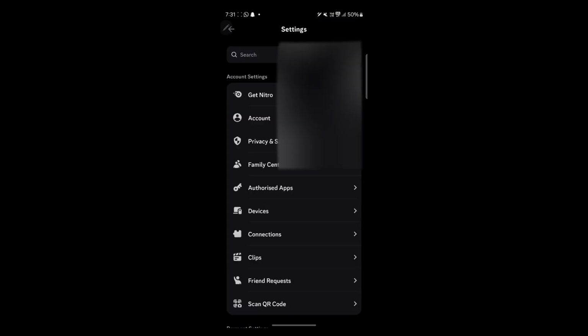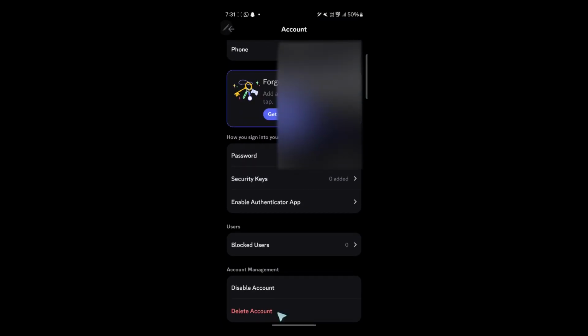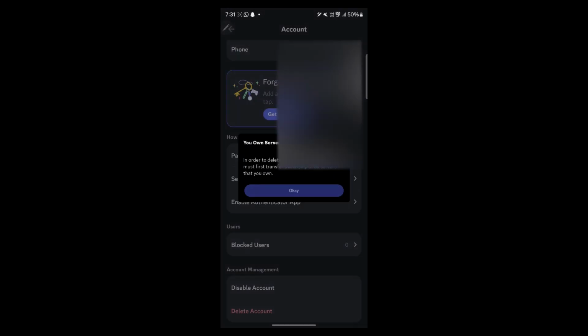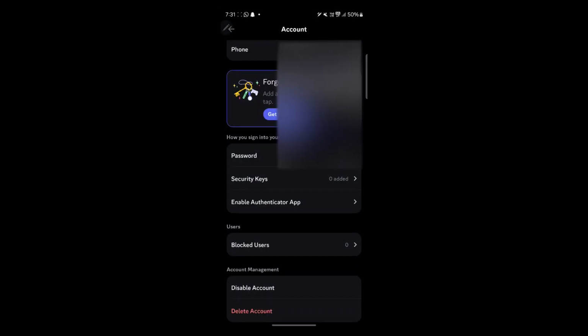Now after doing this, navigate back to settings, go to account, scroll down, click on delete account again and you will get the option to delete your Discord account permanently. So that's how you delete Discord account